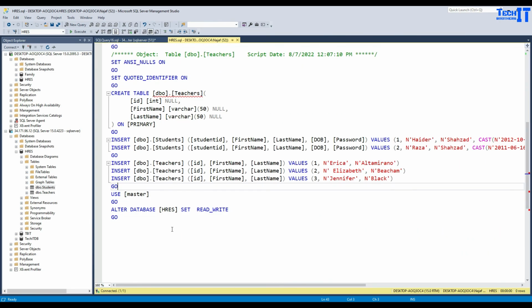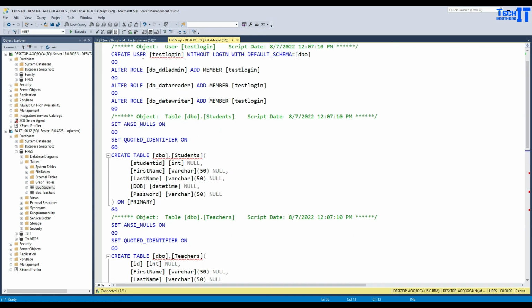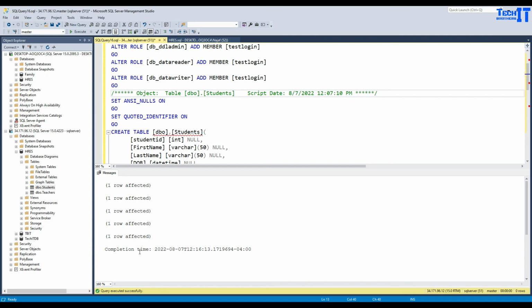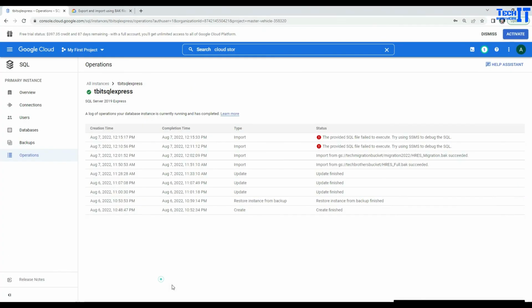But you see that we didn't make much change. I didn't even remove anything when I ran this one. So it completed successfully, with no error in SSMS, but there was an error when we tried to import directly from the portal. So I will suggest you take a full backup .bak file and then upload it to the bucket and